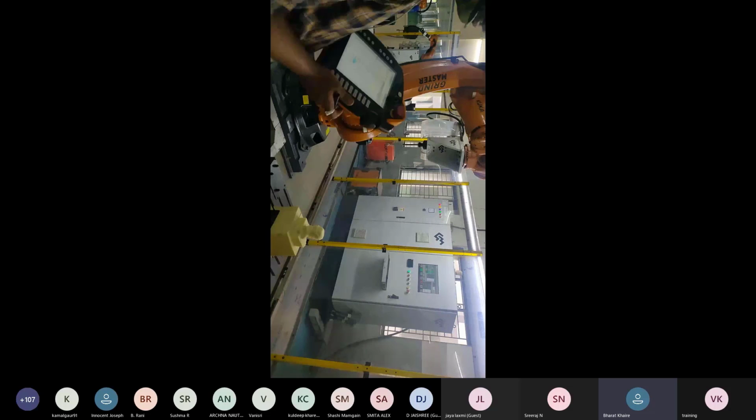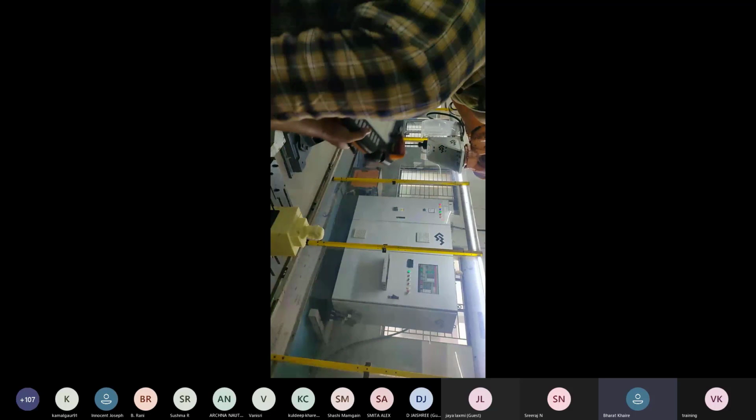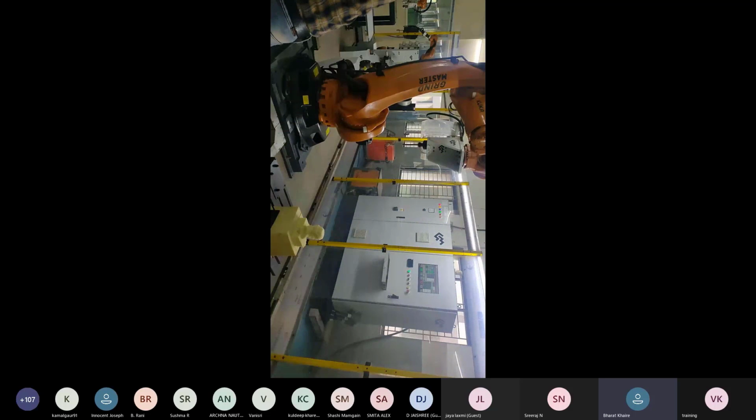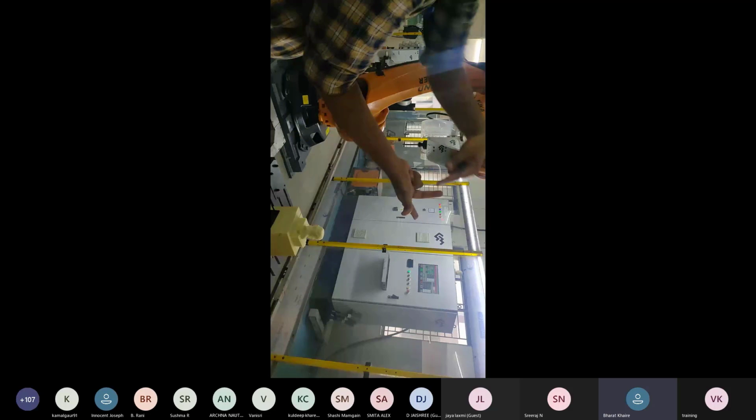Now we are going to check another jogging method. It's called the world coordinate system. The world coordinate system is based on the right hand rule. What is the right hand rule? First we will see the right hand rule. Okay, so this is the thumb.